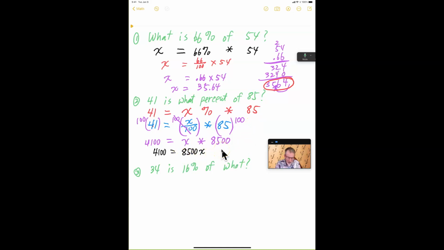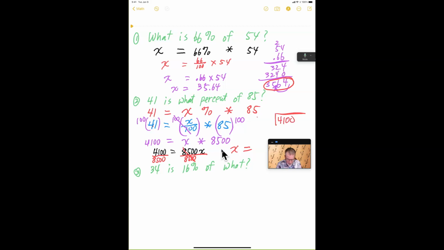So in this case, what's happening to the x? It's being multiplied by 8,500, so we need to divide it by 8,500. And we also have to do that on the other side. So let's find out what x is equal to. So x is going to be equal to, I'm going to rewrite this over here, x is going to be equal to, let's see if my calculator works yet. No. All right, so x will be equal to 4,100